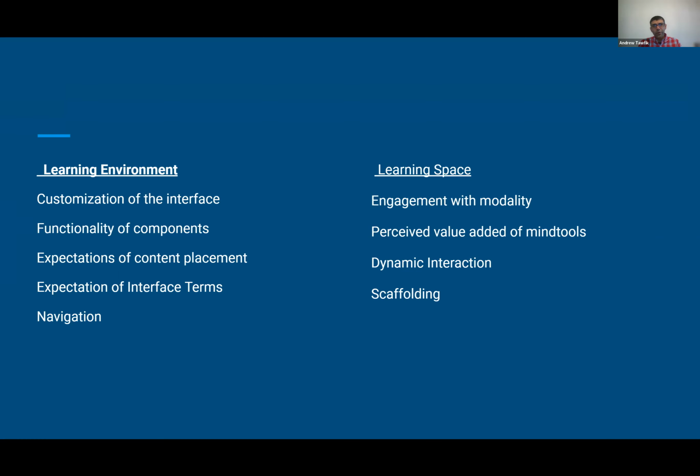Another thing we're trying to do is some kind of empirical testing. We have this grant that we're working with where we're looking at Jupyter notebooks, and we're trying to understand different learners and different UX patterns over time to say, are they focusing more on the learning environment pieces like customization, functionality, and some of these other things, or do they spend more time operating within the learning space? So I think your question is an open question that we're trying to deal with in the lab, and we're trying to gain a little more clarity around it. We're looking at it from a big data perspective to understand what the broader UX patterns are.